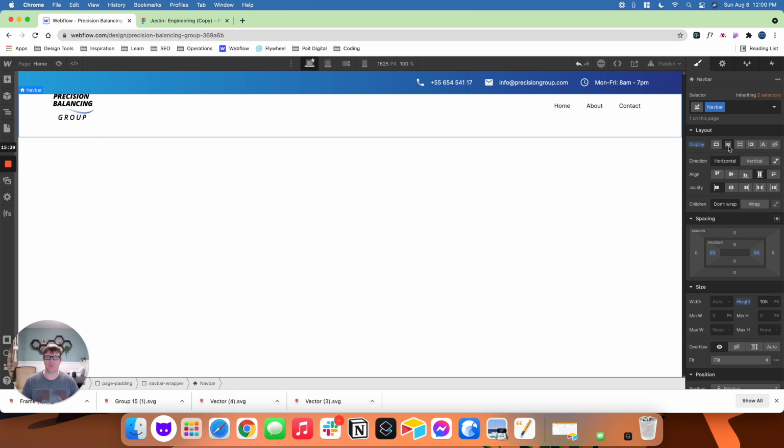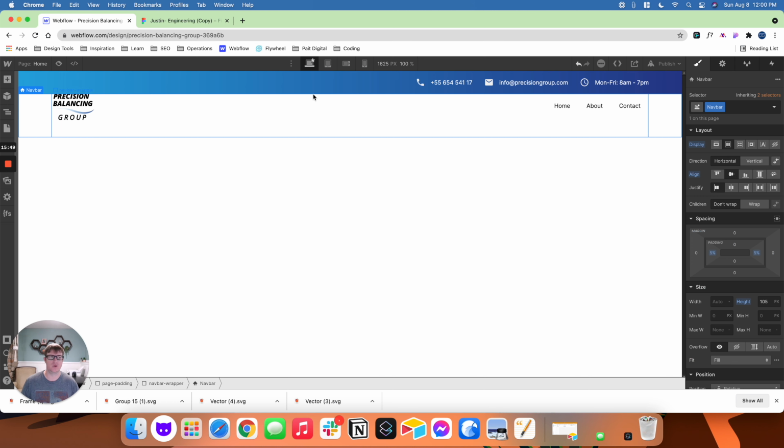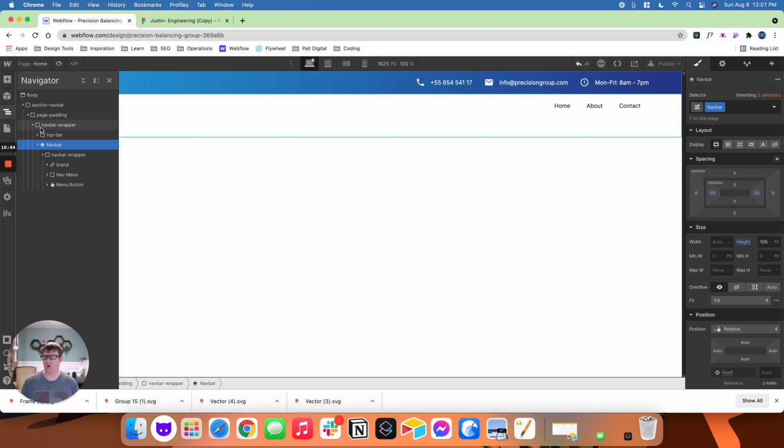So I'm going to grab Flexbox. We're going to take the align and go horizontal. Actually, that I probably don't need to do. Let me go ahead and undo that. Command Z, Command Z. Okay, so I want to take the nav bar, make the height 105 like I had mentioned before. But then what I actually want to do is kind of come back here, go to this top